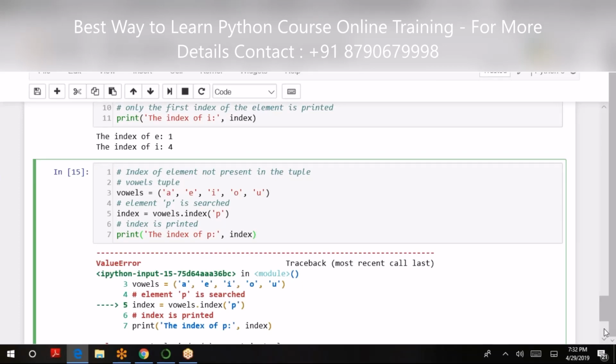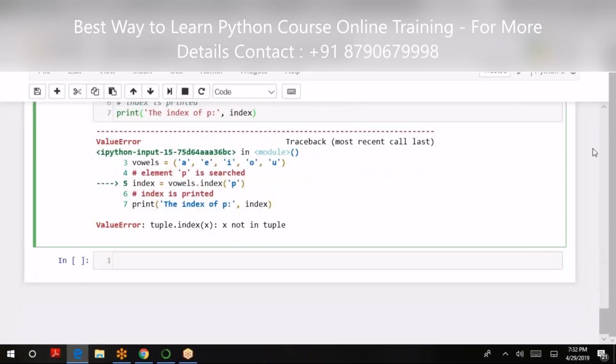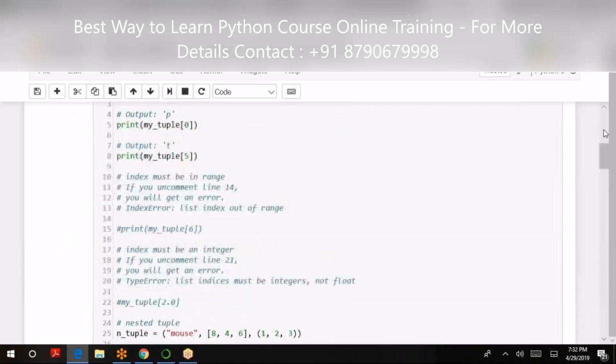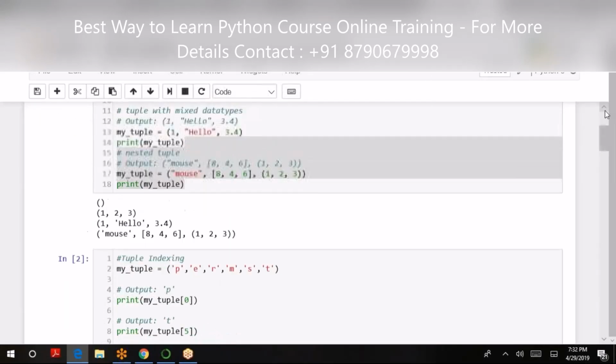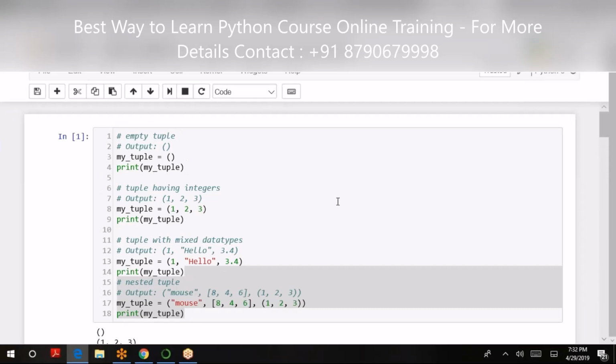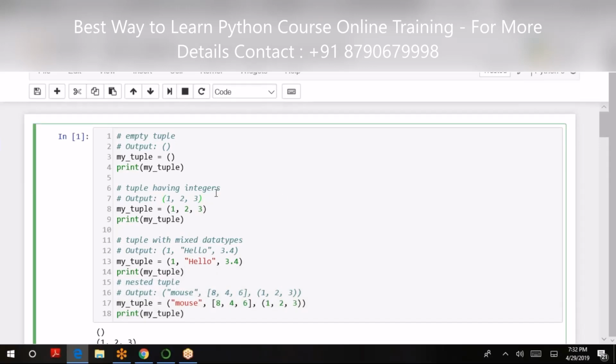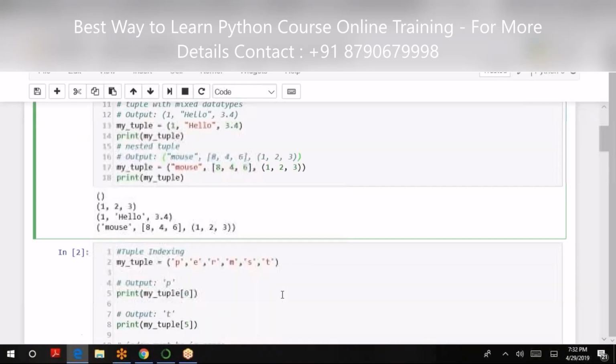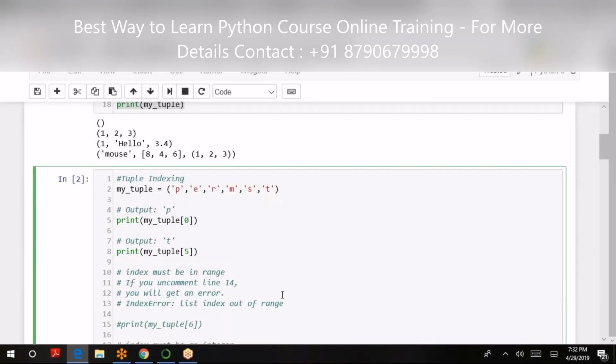So likewise, maybe I'll just quickly go through it. We may explore declaring tuples having integer values, a mixed data type, nested tuples having tuples and then a list and then again tuples. Tuple indexing we have seen, how to extract a particular element from the tuple.